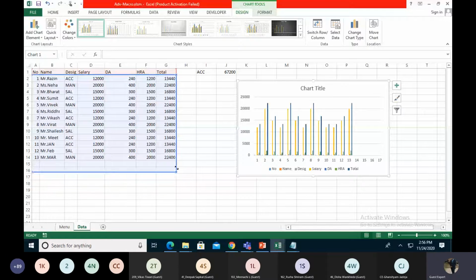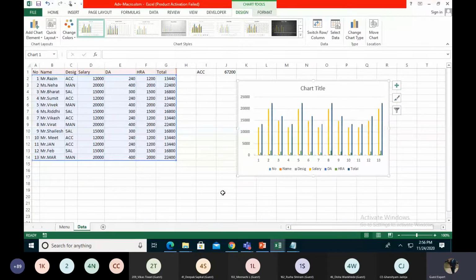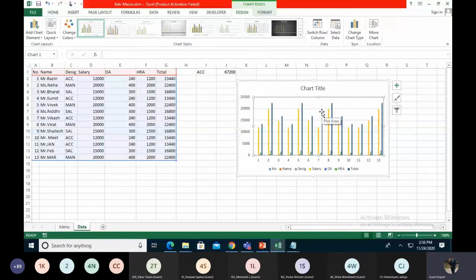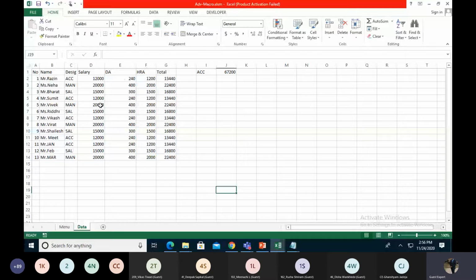The one thing in macro, the issue is pivot and chart. We give a fixed range for them. So it shows me all the data, number, name, designations, their salaries. There is only one that shows me the wrong data. First of all, this is not proper data.